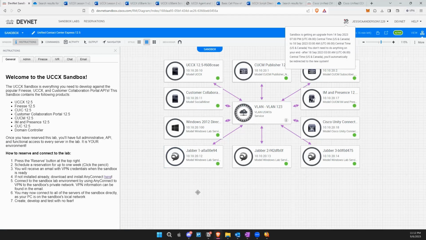We did talk about yesterday our CUCM, which is our call manager. Our call manager houses all of our call processing configurations, all of our devices and our users that make and receive calls on our network. Now, we have another solution, another server, which is called UCCX. And yes, we still have our call manager working in the background to house all those calling restrictions and calling configs, but UCCX is specifically